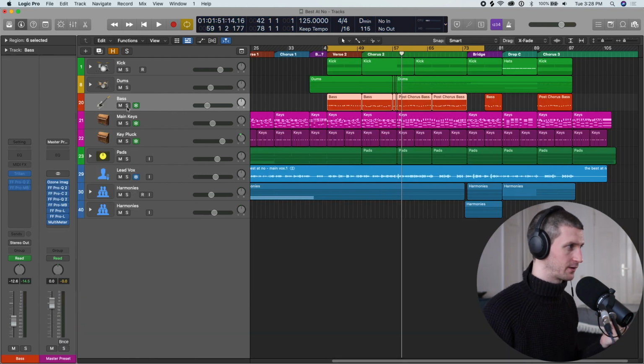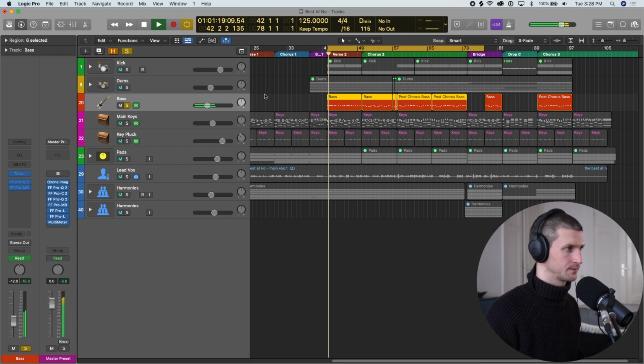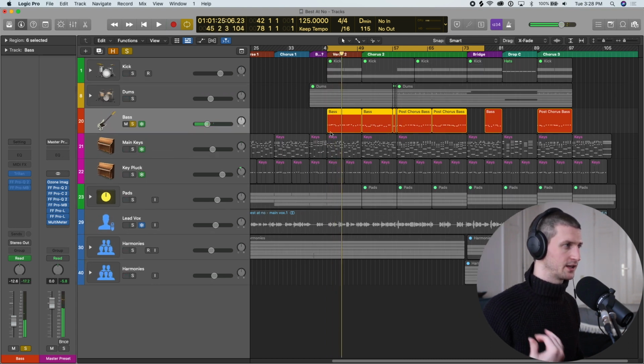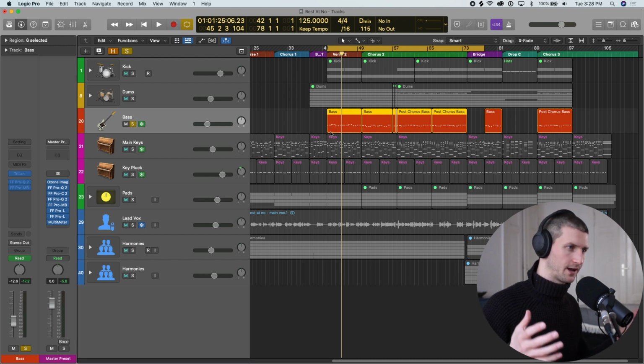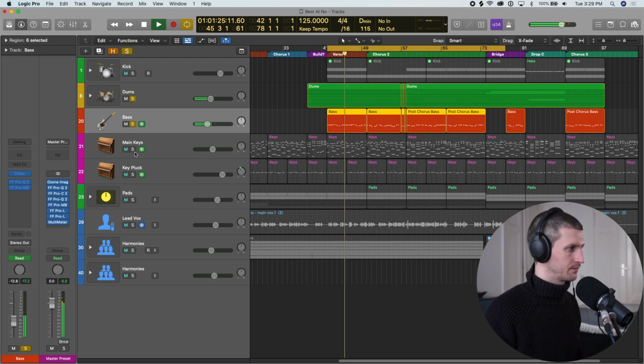Now the bass is another element that adds a ton of punch. This is also not a typical bass. This is actually a Juno synth bass, so it sounds like this. And I think this is what gives it the modern feel, so you can set yourself a bit different from the Joni Mitchell style of singer-songwriter. If you want to have a more modern sound, you can add different types of synth bass. And with the keys and the pluck,